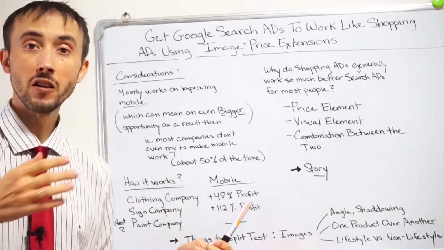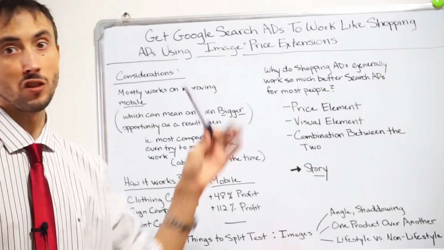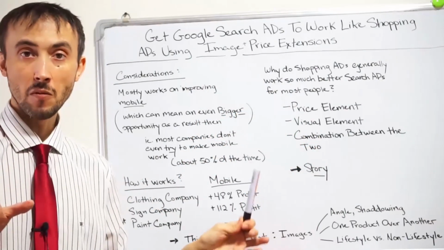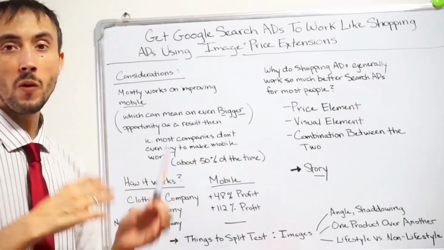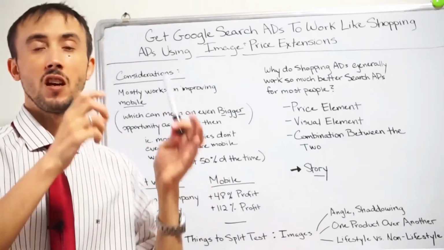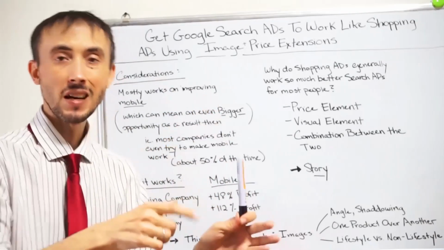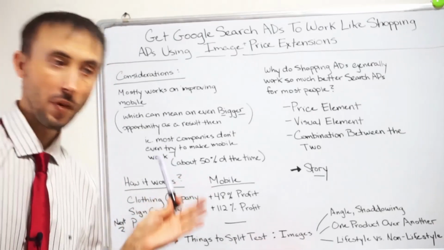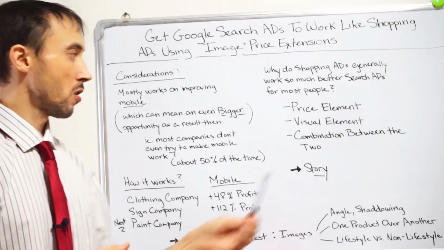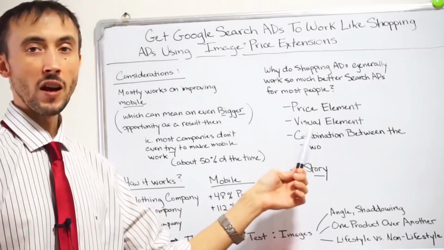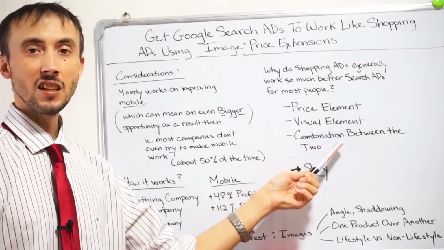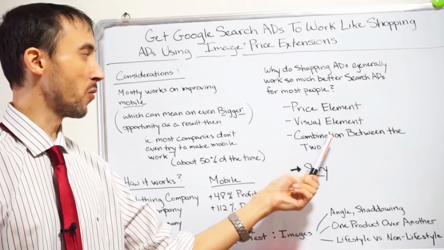It depends on how far you're going to go: do the default, which is just image extension and price extension and that's it, by themselves, or add some additional split testing on top of it to find the right image, the right orientation, the right style of image, which I'm going to go through at the end when I lay out the strategy and execution process. But before I go into the strategy itself, I tested, as I touched on briefly before,